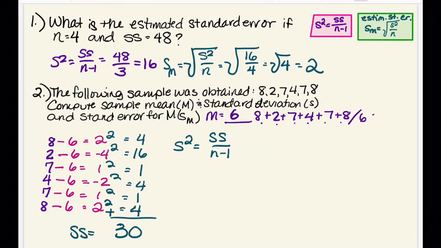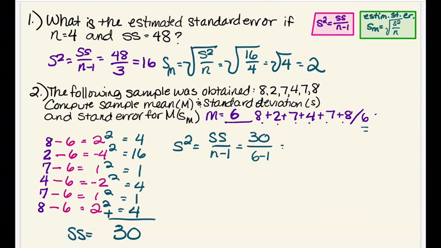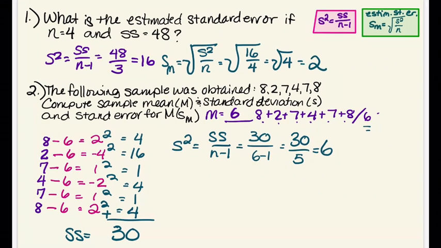Now that we have the sum of squared deviations, we can plug that into our sample variance equation and divide by the degrees of freedom, which is n minus 1, and we come up with a sample variance of 30 divided by 5, which is 6. So s, which is our sample standard deviation, is the square root of 6, which equals